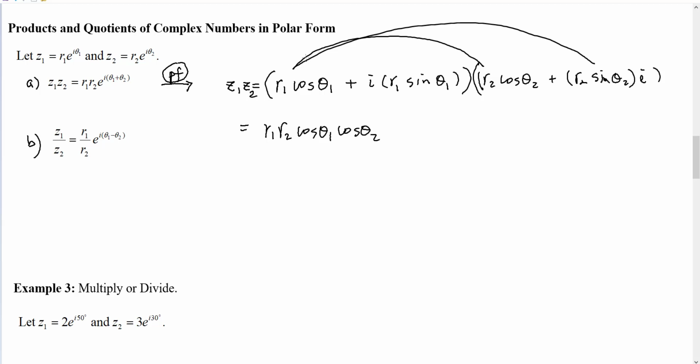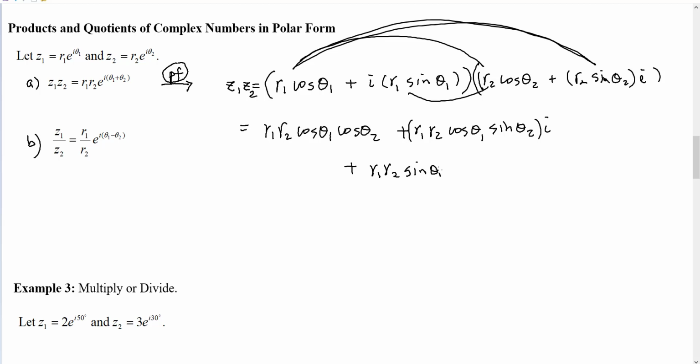Now if I multiply this, I have R1 R2 cosine theta 1 sine theta 2 I. Now if I multiply these two, I have R1 R2 sine theta 1 cosine theta 2 I. Now if I multiply these two, I have R1 R2 sine theta 1 sine theta 2